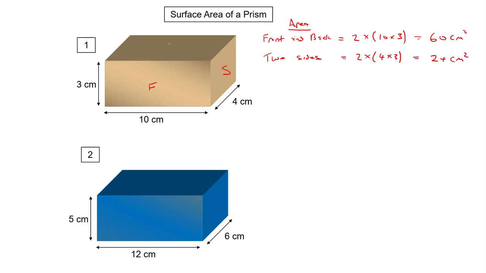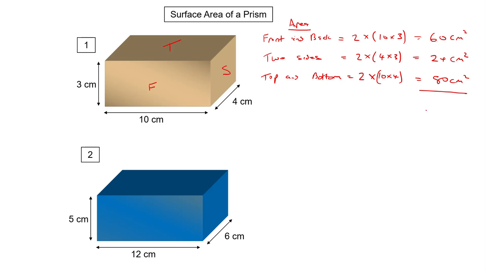And then I've got the top here and the bottom, which is not visible, so I can write top and bottom. Two of them times the area of the top. Now this length here is the same as this one here, so that's going to be 10 times the length of the side here, which is 4. So 10 times 4, which is 40, double it, so that gives me 80 centimeters squared. So those are the 6 faces: top and front and back, the 2 sides, and the top and